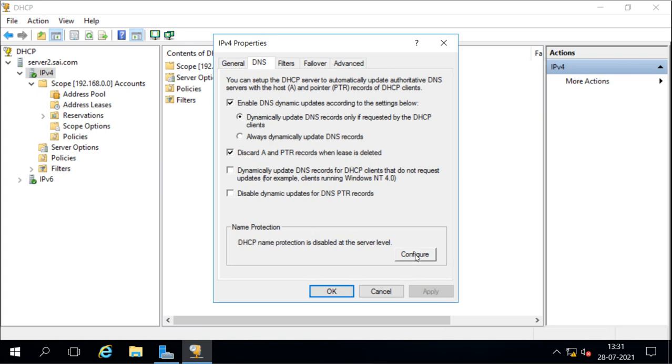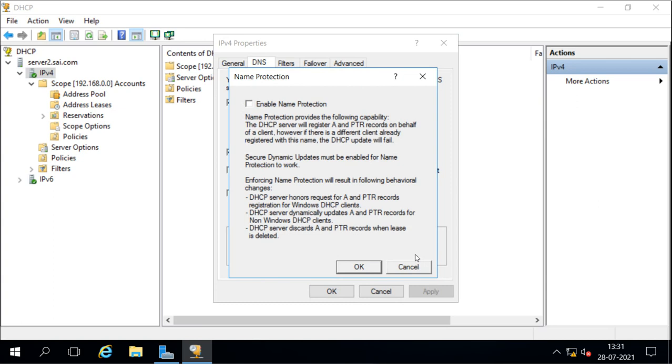This is called name protection. We can enable the name protection option here. Name protection provides the following capability: the DHCP server will register an A record and PTR record on behalf of a client. However, if a different client is already registered with this name, meaning the name and IP address record is already there, then the DHCP update will fail.